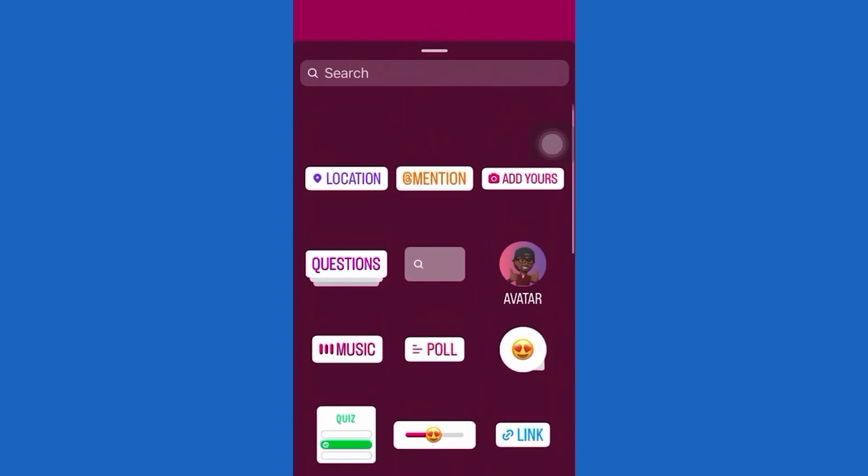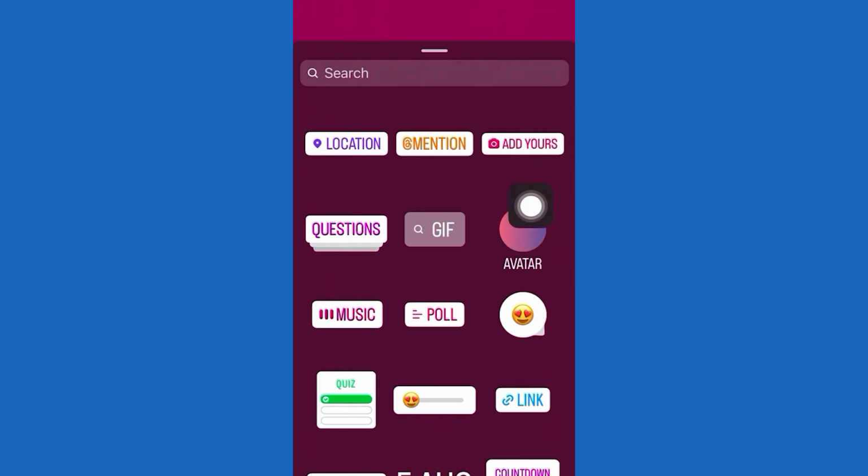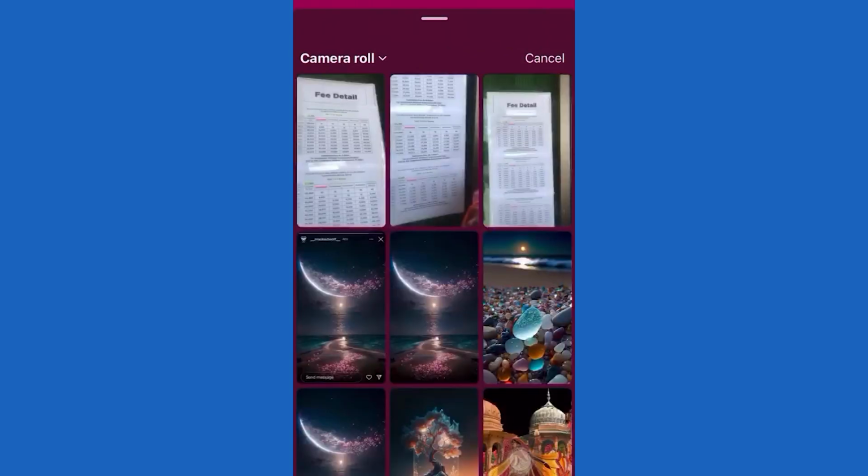Once you have added the photo to your background, you can change the size of it, move it around, rotate it, and you can tap on the photo